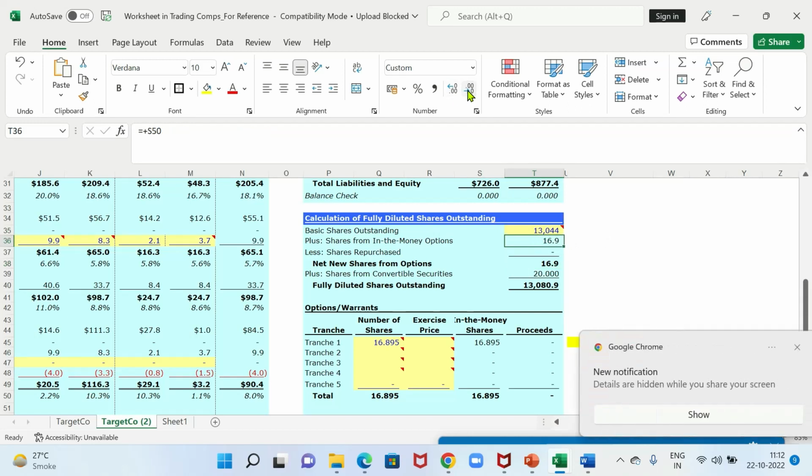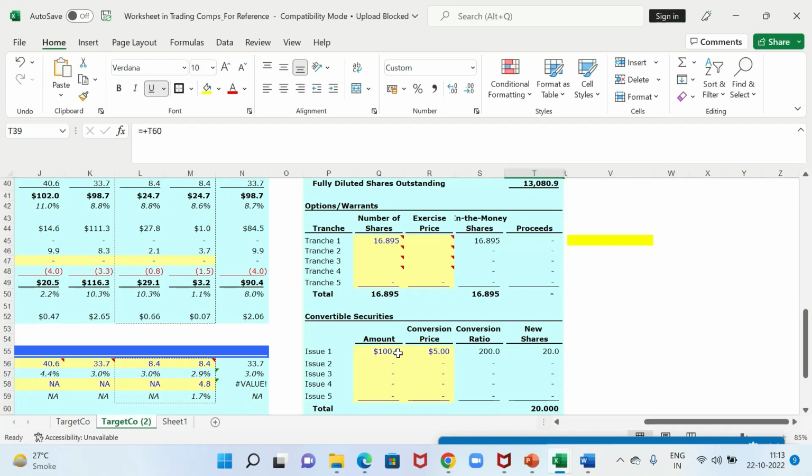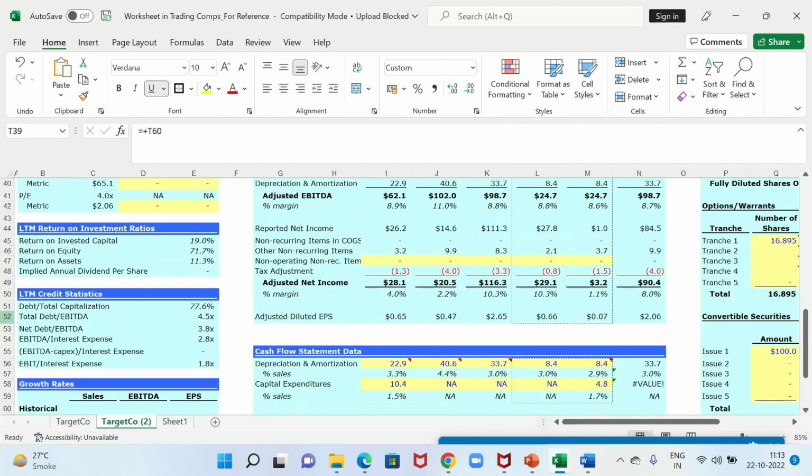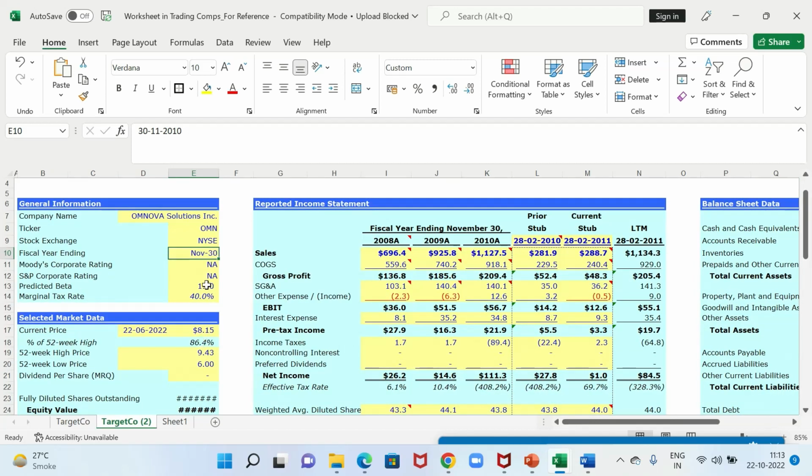Would you share this template? Yes, for your working, at the end of the session I would ask you to go ahead and work on a company of your choice, or maybe I'll give a common company for all of you, so that together we can work and solve any queries we have. Okay, sir. Whatever you say, I'll give you a blank template where I'll ask you to go ahead, search on your own, and add the company name, ticker, fiscal year ending. These things you can ignore.